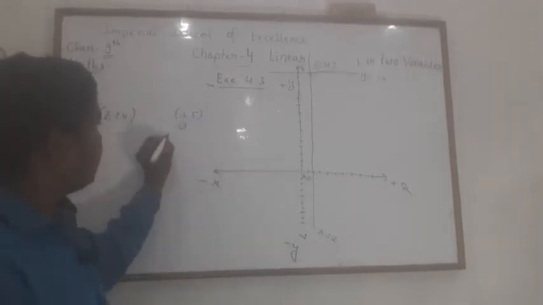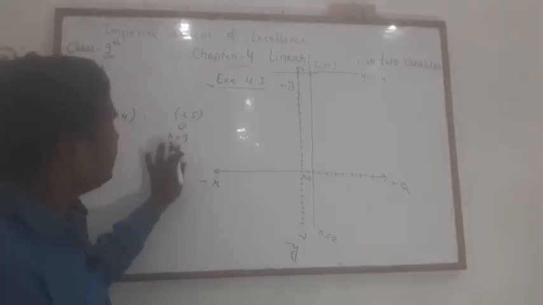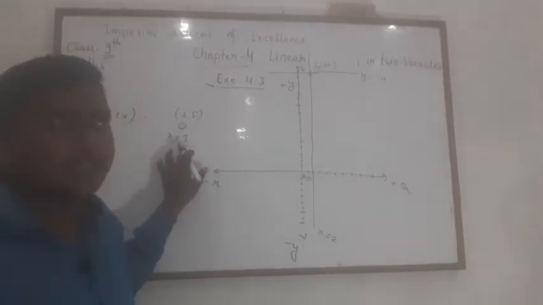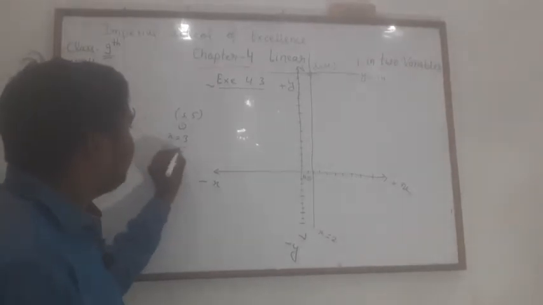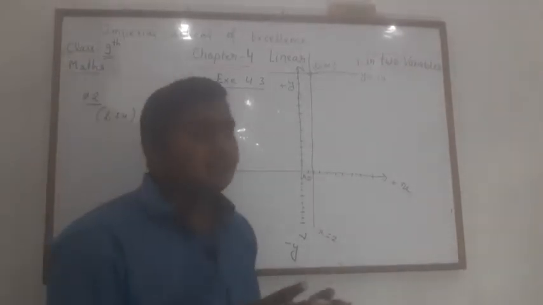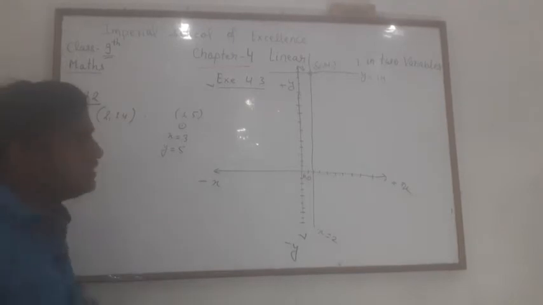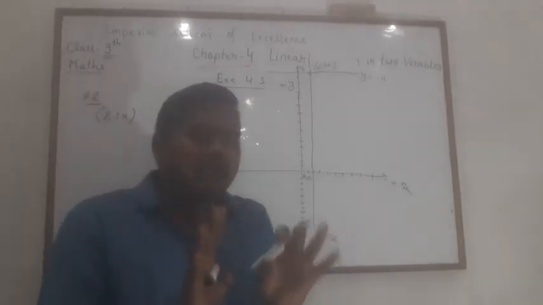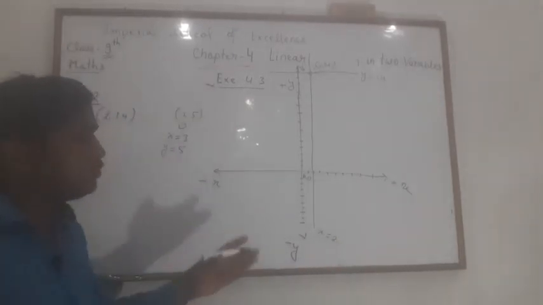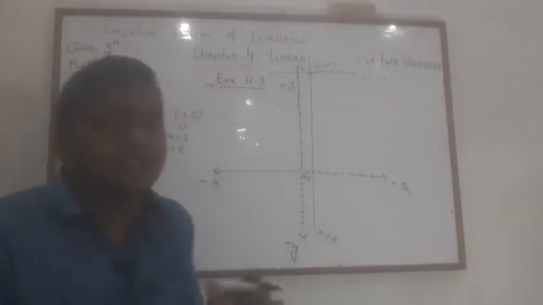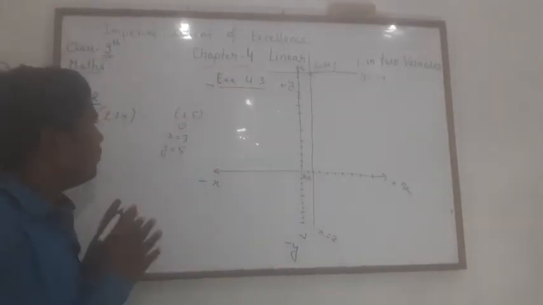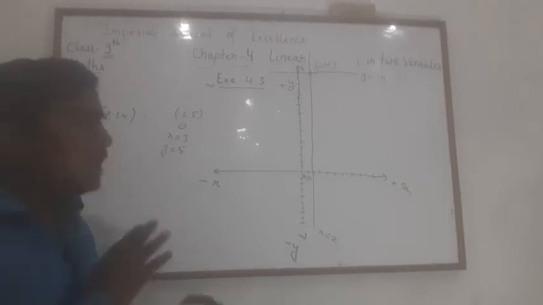कैसे? देखिए यहाँ पर x is equal to 3, ये जो लाइन है that is parallel to y axis, इसी पॉइंट से जा रही है, and एक लाइन है y is equal to 5. ओके, so जो कोऑर्डिनेट्स हैं उनकी वैल्यूज़ अगर हम लिख देते हैं तो x is equal to 3 is a line which is parallel to y axis, and y is equal to 5 is a line which is parallel to x axis. So hope you are getting the things how I am telling.